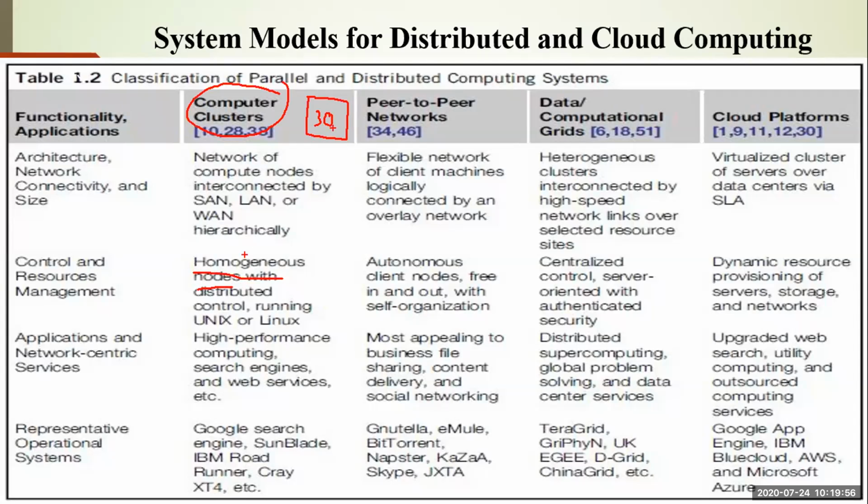And these 30 computers, how are they connected? Through a local area network, or in some cases you can use a system area network, or a wide area network. Based upon the computer location, you can choose whether to use SAN or LAN or WAN, or MAN also, right? So by using these 30 computer systems, if a work is assigned to you, you can divide the work into 30 parts, and run each small part in a single computer system.